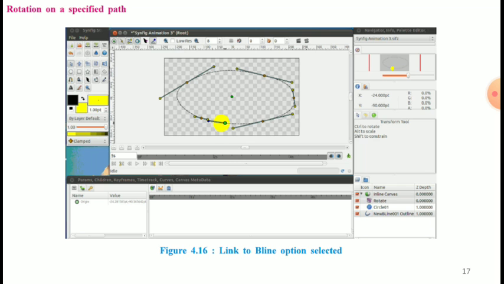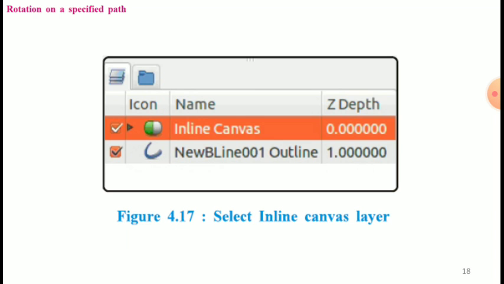Figure 4.16 shows the effect of using the link to Bline option. That is the slide for figure 4.16, link to Bline option selected. Next, click on the small triangle near the inline canvas layer to close it. Select the inline canvas layer as shown in figure 4.17.